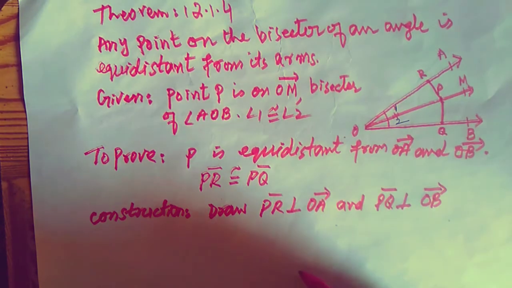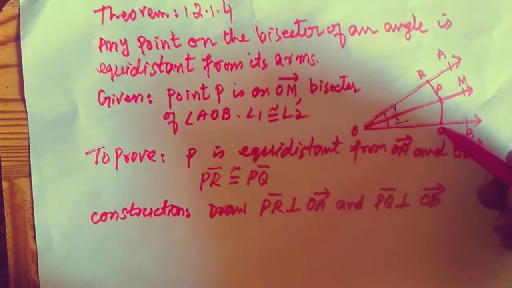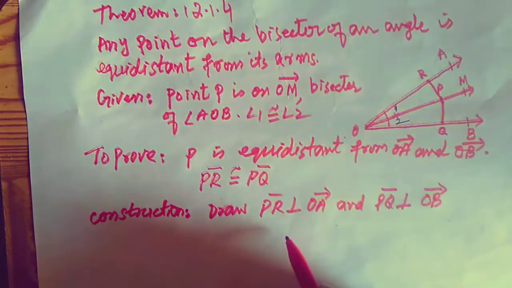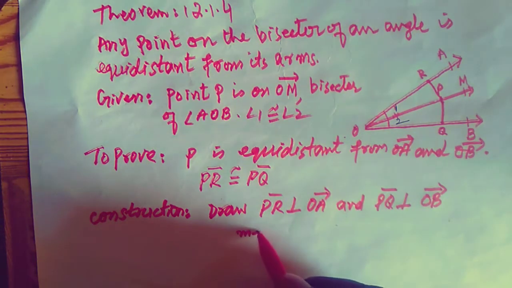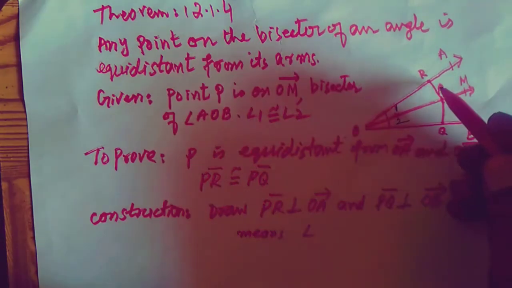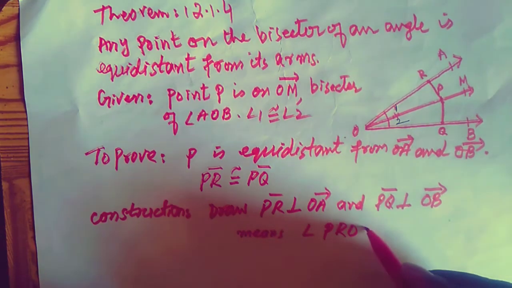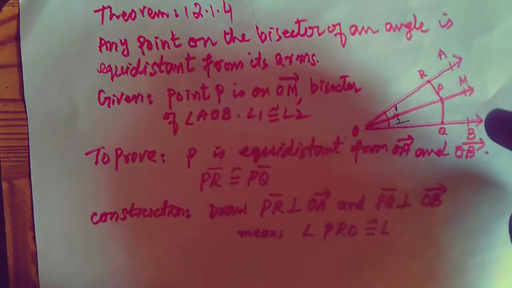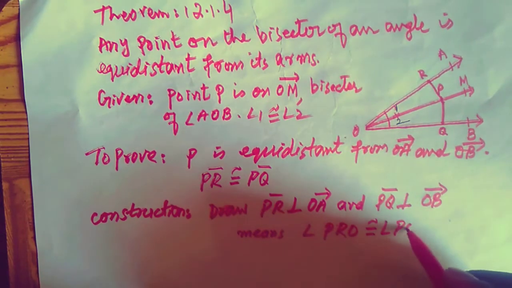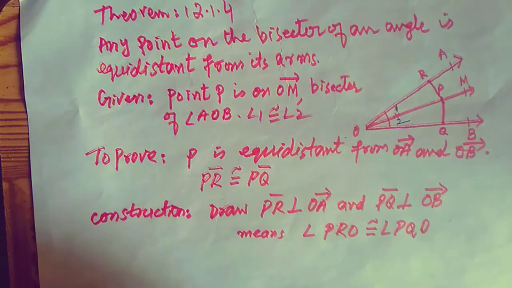It means angle PRO and angle PQO are congruent. Angle PRO is congruent to angle PQO. After the constructions,